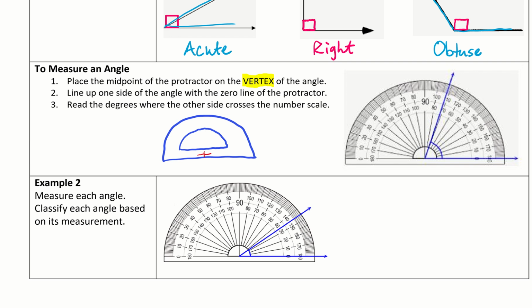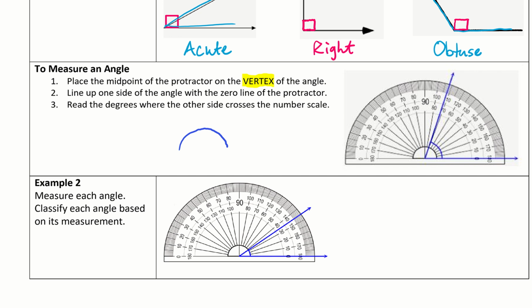Other ones will have a hole in the middle. So just like a hole, that's where the vertex goes on that. Okay, so make sure you line up your vertex on whatever that midpoint of your protractor is. Okay. Step 2, once you've done that, you need to line up one side of the angle with the 0